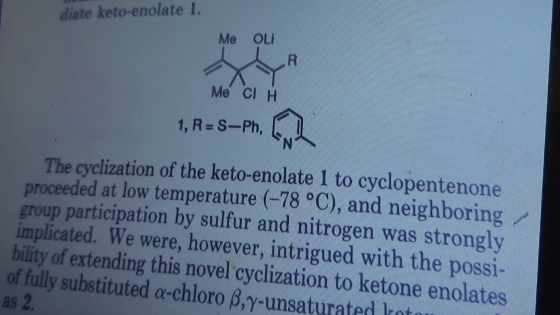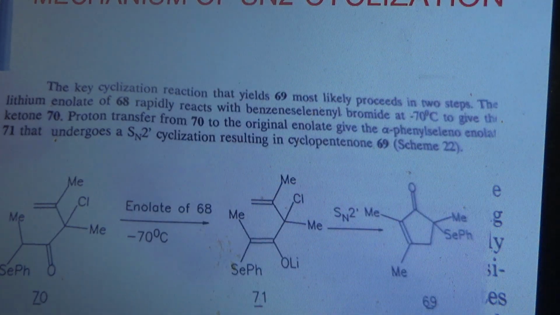Now, I also want to show you the ketone enolates of cyclopentenones, as I said earlier, proceeds at low temperature. So this is a reaction of ketones. If you start with alpha-chloroketones, it cyclizes at room temperature, whereas when we did the reaction with esters, the intermediate compound cyclizes instantly when you have sulfur or nitrogen stabilizing the anion. So that's what is shown here. It's two different scenarios. One is a very, very low temperature reaction. So obviously there is some sulfur and nitrogen assisted cyclization, because as you can see in the mechanism that I am showing here,